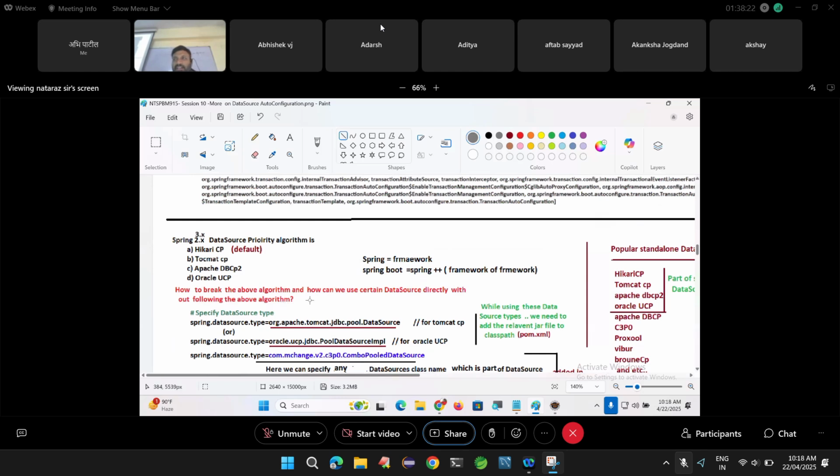How can we use a certain data source directly without following the above algorithm? I don't want to follow any algorithm, but I should be in a position to use my choice of data source. Very simple, guys. Make sure that the relevant jar is available and write that data source class name in